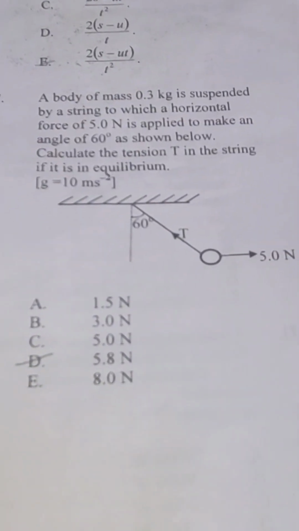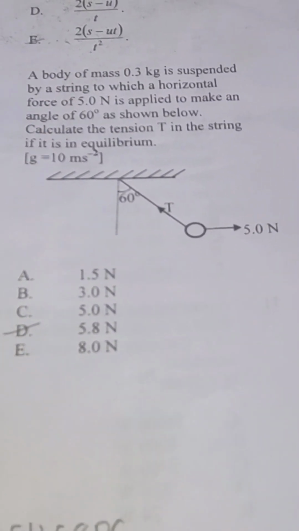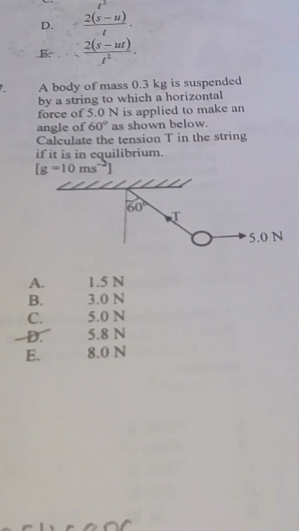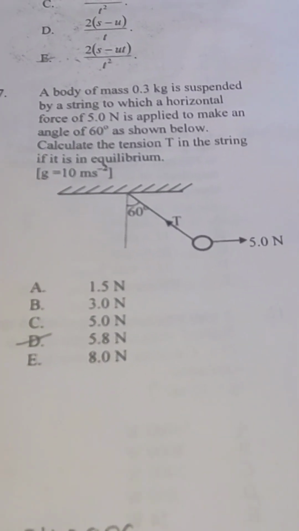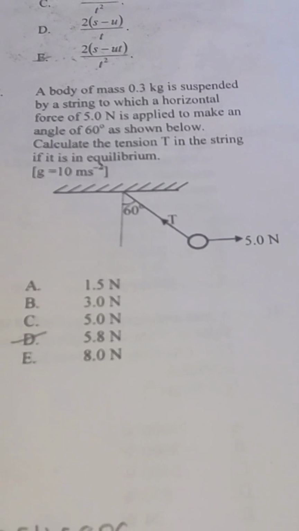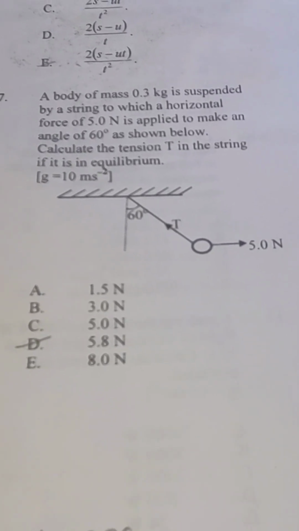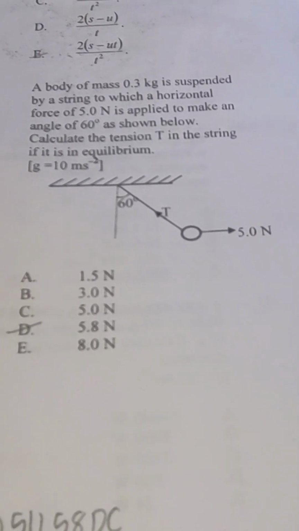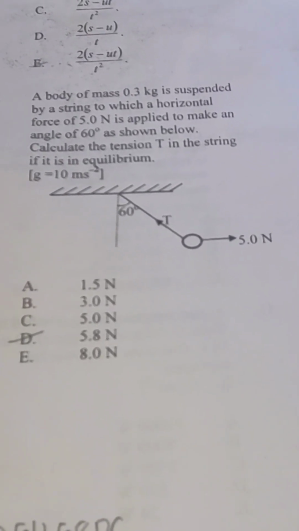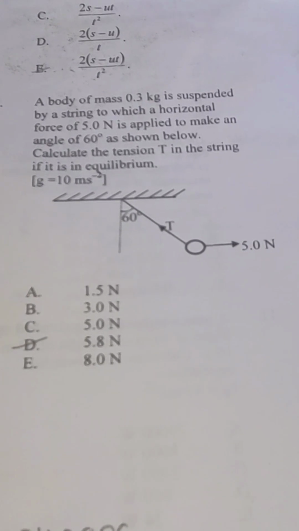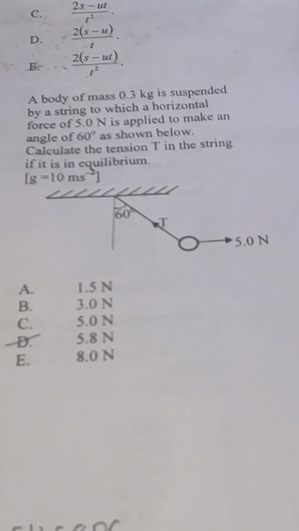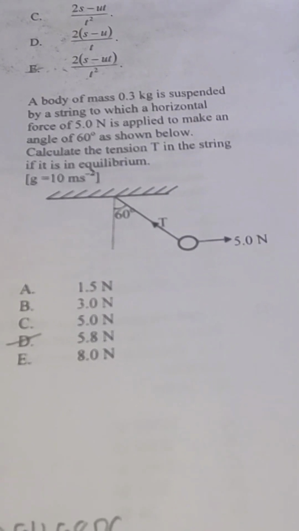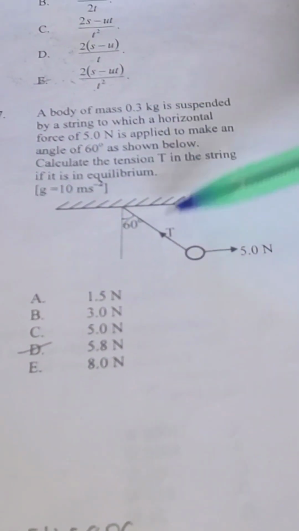So we have question number 7. A body of mass 0.3 kg is suspended by a string to which a horizontal force of 5.0 Newton is applied to make an angle of 60 degrees as shown below. Calculate the tension T in the string if it is in equilibrium. You are given g, the acceleration, as 10 meters per second squared. Okay, so looking at this drawing,